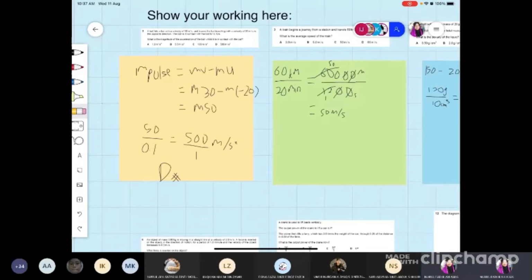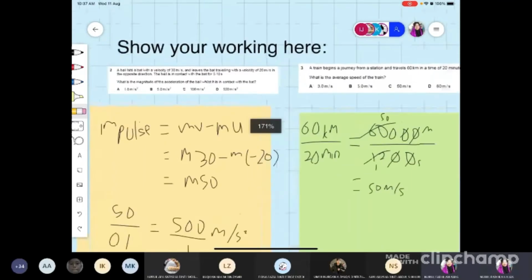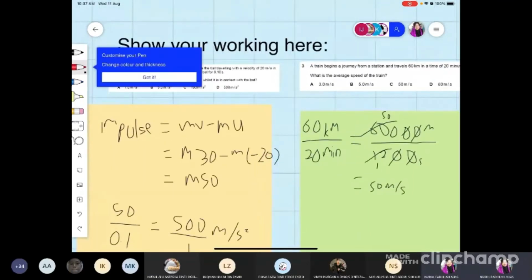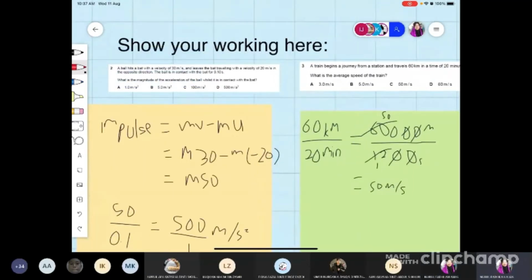number 2. Okay, any questions for number 2? Any problems? There are none, it's direct. Right? Any tricks here? There aren't any, right? So what does the question want? The question wants the magnitude of acceleration. Okay, so